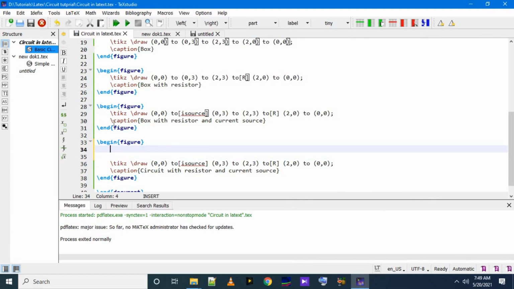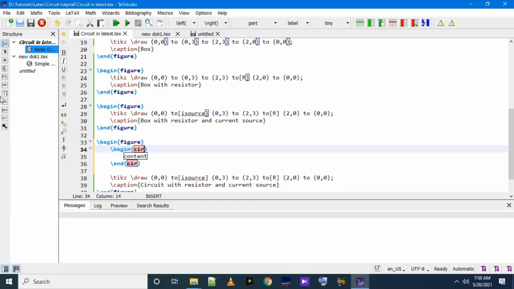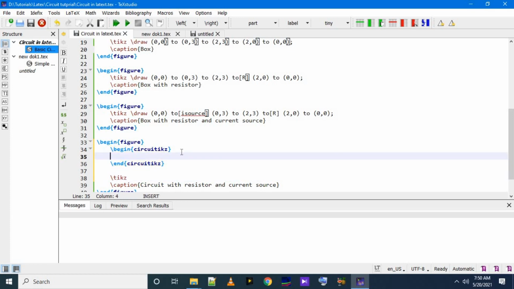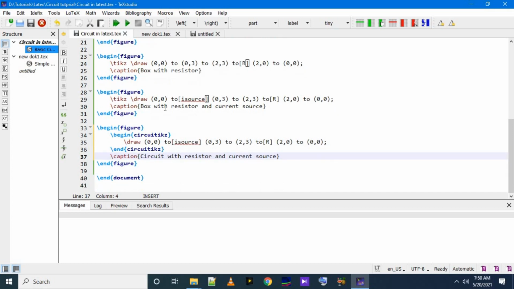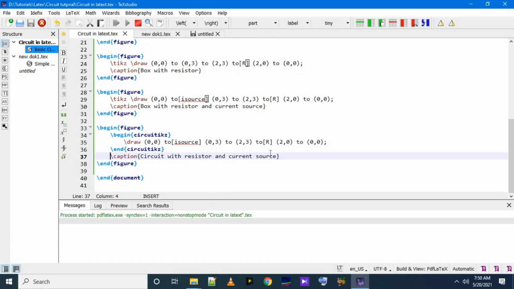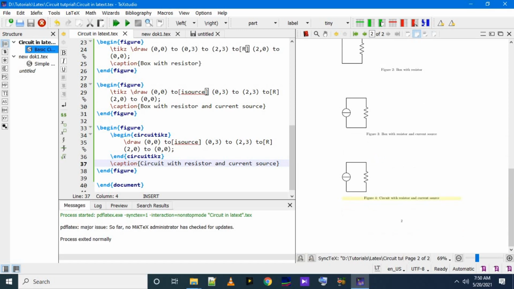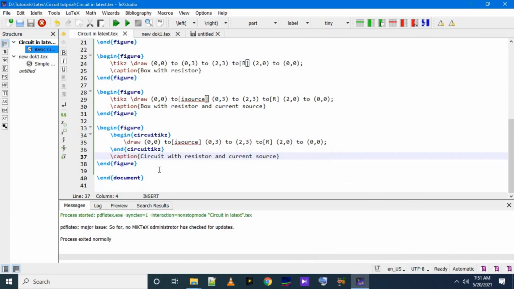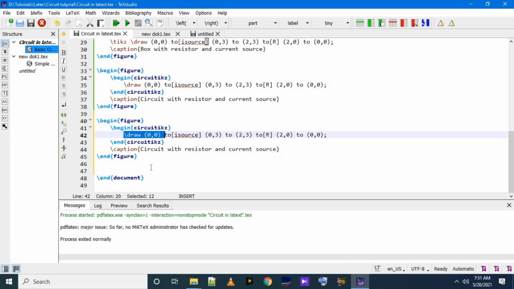As you know, this TikZ command has only one statement line. If we need more than one line, we can use an environment. The environment name is circuitikz. We added a new environment, put the statements there, and closed it. Now if we run this, it will be just the same as earlier. Now we do not have to declare it using the tikz command. In the circuitikz environment, everything will work through the circuitikz package to draw the circuit.